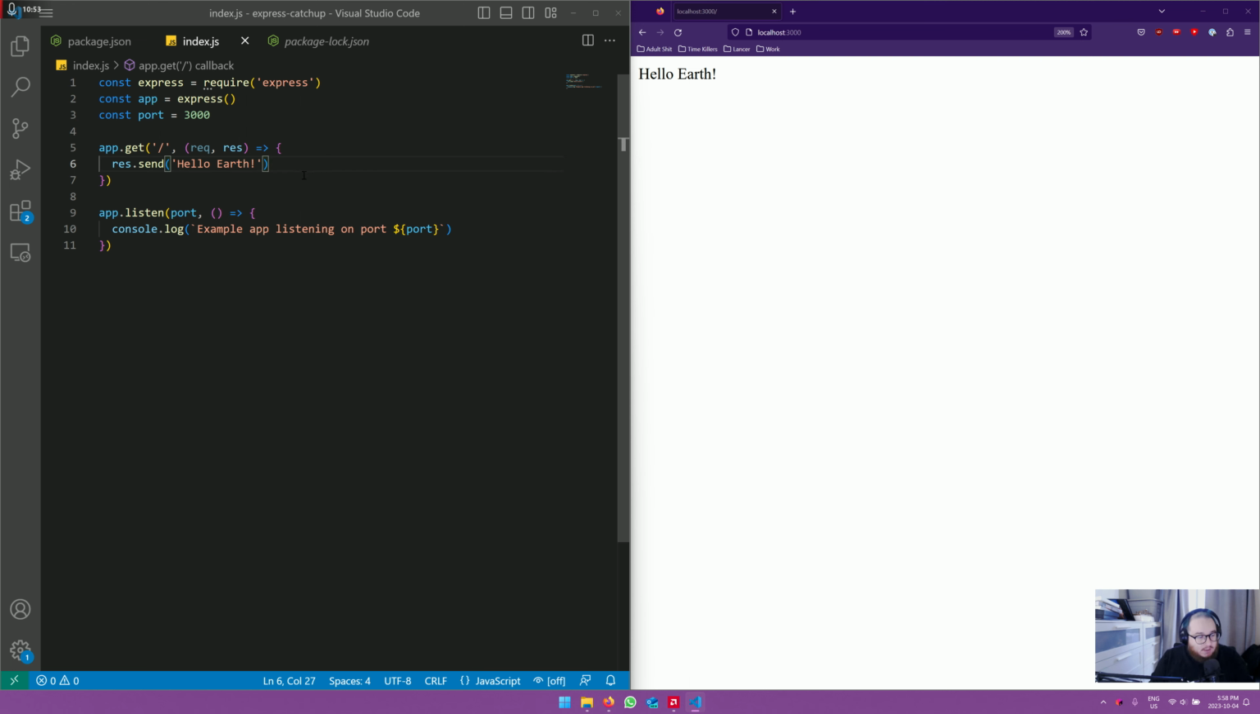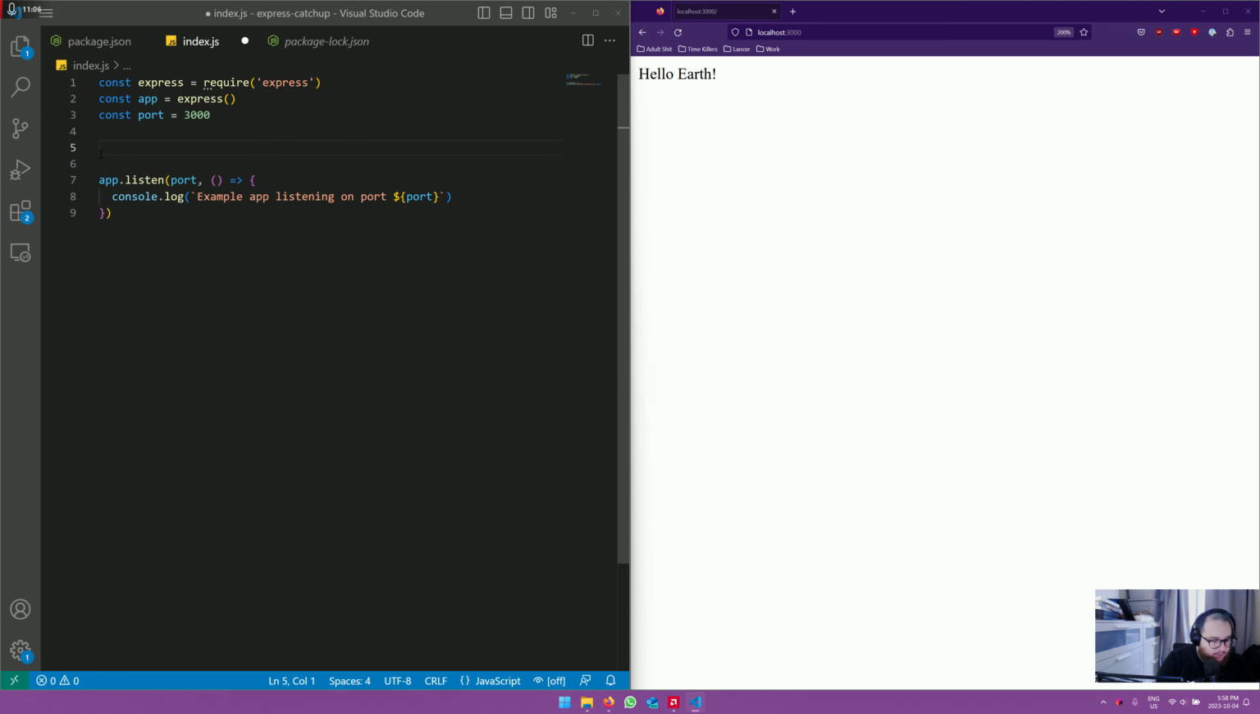We want to make this a lot more complex. We're going to create a very simple app. We're not going to do any fancy things, like we're not going to do any templates right now. We're just going to create two little pages. We're going to do